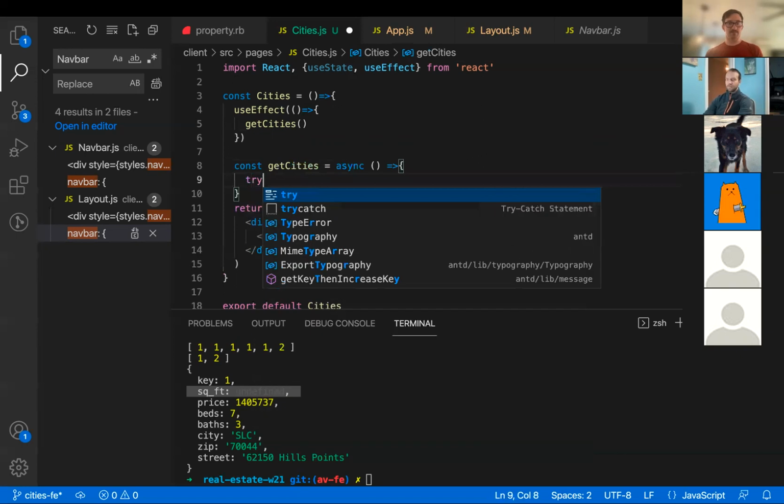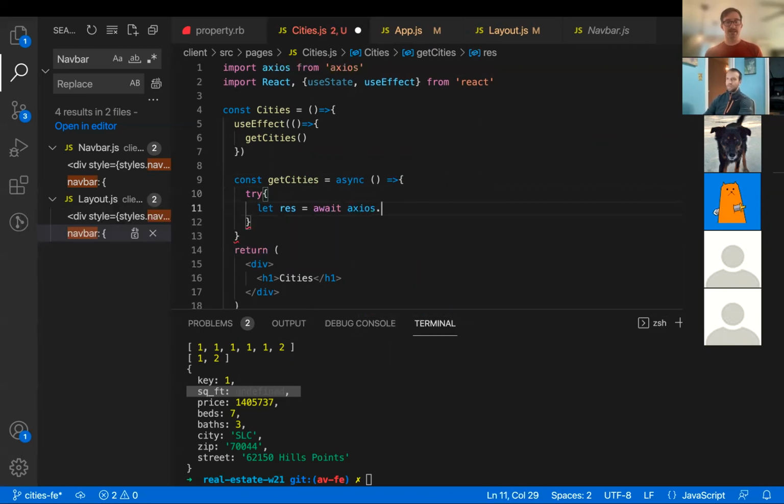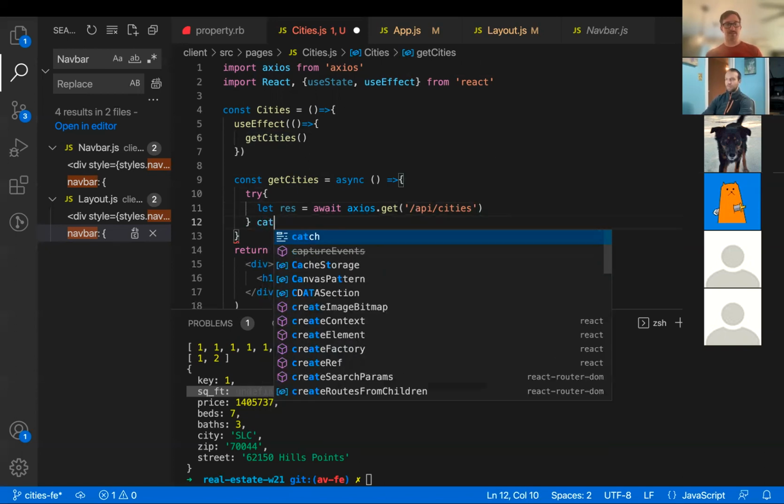So this is where I can do a try. That response equal await axios dot get API slash cities. Now this isn't going to work now because my backend's not set up, but